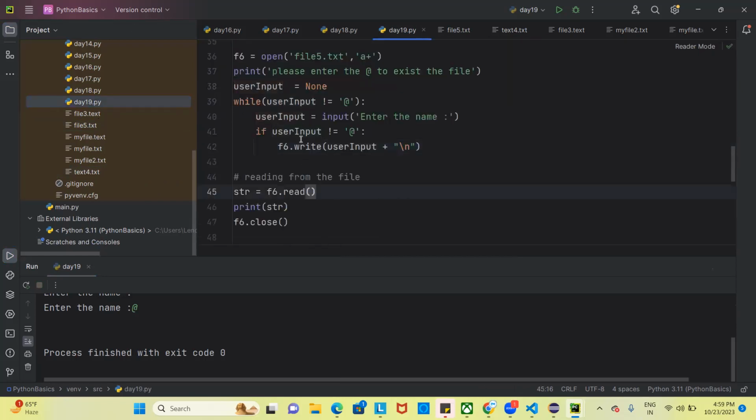I was not able to do both the operations simultaneously, reading and writing. Why would this have been happening? Why was I not able to read this? See,